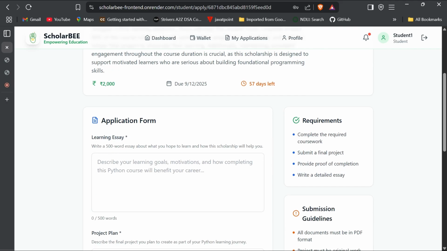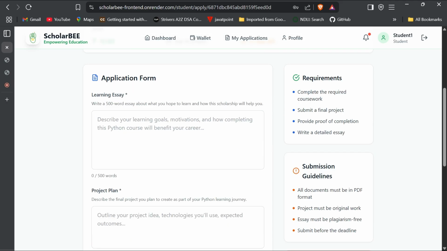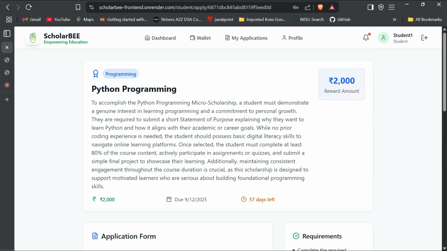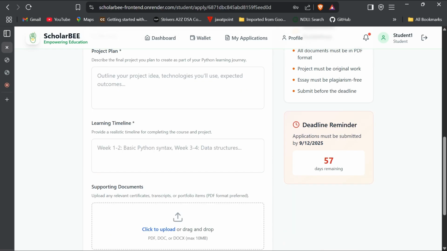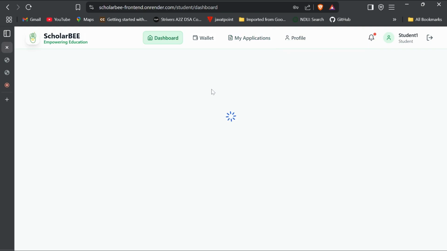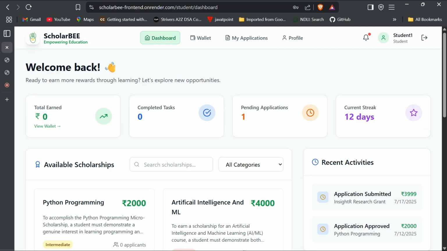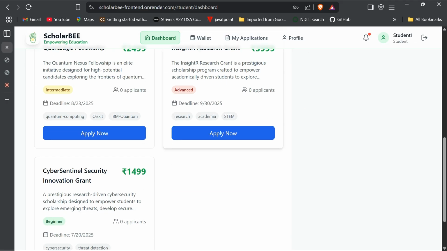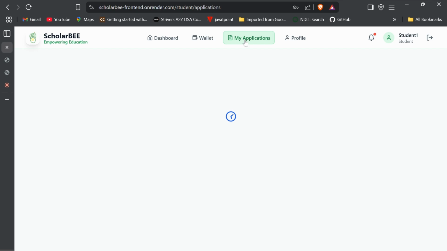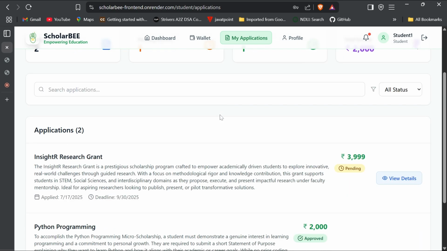The application form can be filled directly, and whatever requirements there are from the sponsors can be fulfilled. The application can be submitted directly, or saved as a draft for later reference. As sponsors have created many more scholarships, the student can choose to apply to any number of scholarships.